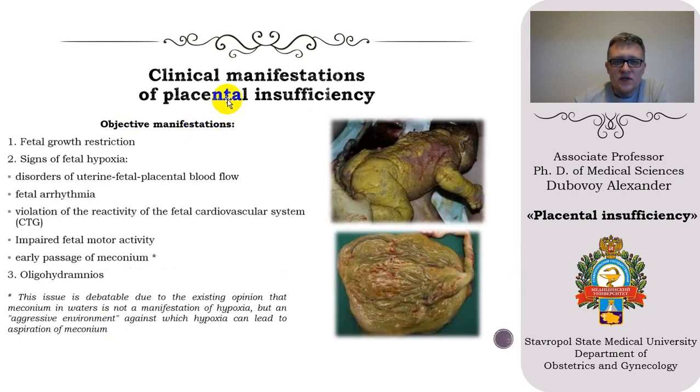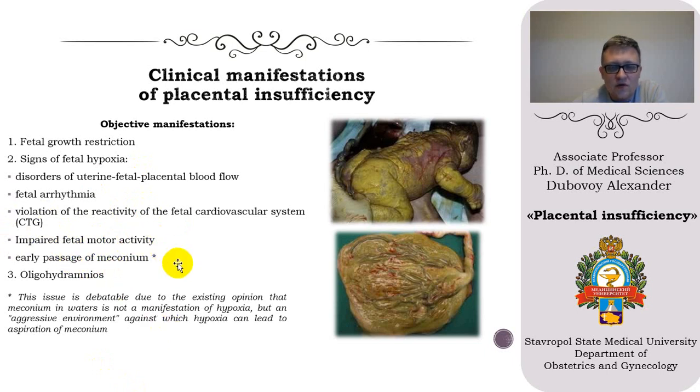Objective clinical manifestations: fetal growth restriction, signs of fetal hypoxia, disorders of the uterine-fetal-placental blood flow, fetal arrhythmia, violation of the reactivity of the fetal cardiovascular system in cardiotocography, impaired fetal motor activity, and